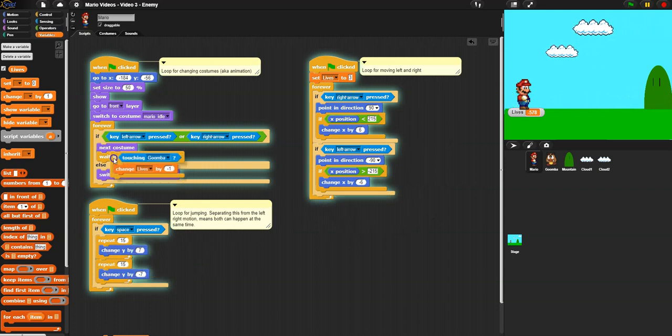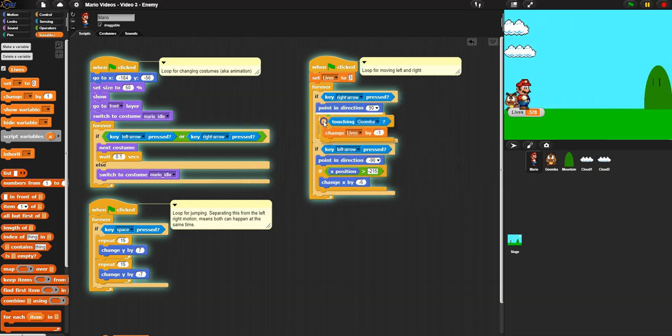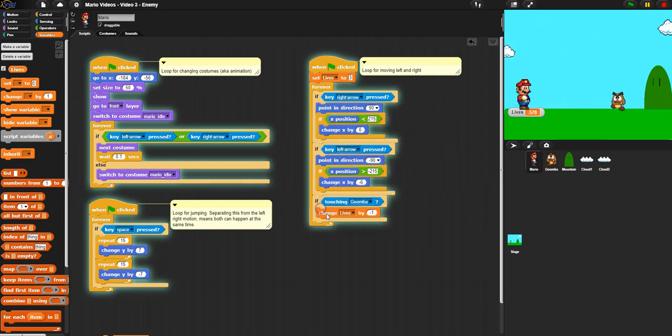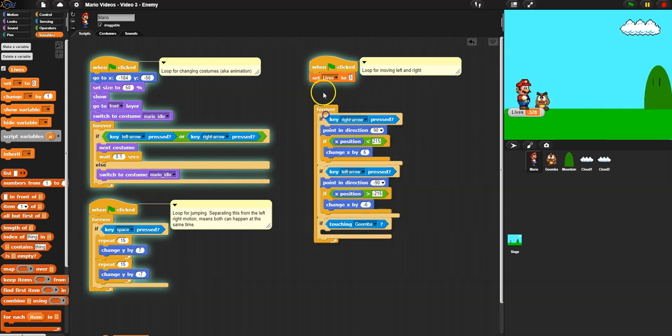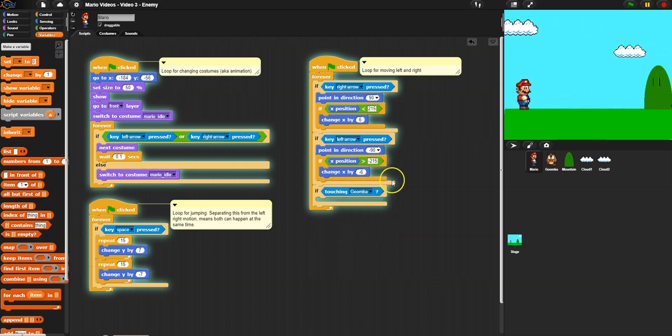So we're not getting stuck in a wait. We're not getting stuck in a repeat. This is an instantaneous loop running so many times, and we don't need the enemies, or the lives. We can get rid of the lives. I can click on delete variable and delete the lives. What I want to do is just simply say, if I'm touching the Goomba, then I want to reset everything